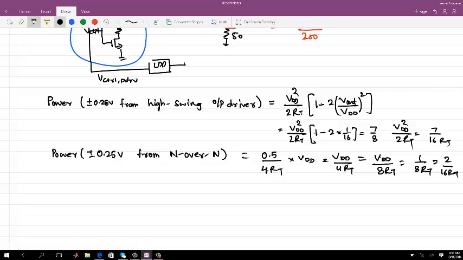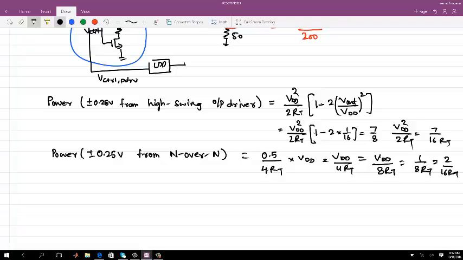This way, with the bias, I will have a scaled version, let's say 1/16 of this. Surely that is an overhead, but since I have a scaled replica, it will be less. You can also think that when you are using multiple output drivers, the scaled power can be amortized over multiple lanes, so right now you can say that is negligible for this comparison. But you see that using a resistive divider I had no gain, while using an N over N output driver I can achieve a lower swing.